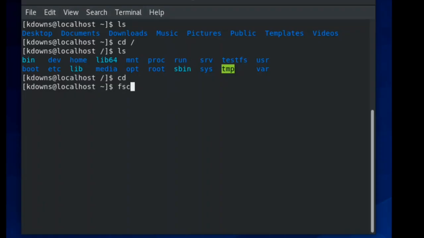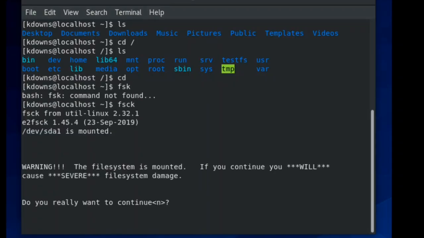But let's go ahead and run that fsck command. Oops, fsck. And then this is what I wanted to show you guys. So it's going to check that disk. However, if you try to do it while it's mounted, it's going to really damage your file system. Okay, and luckily this gives you a warning before you do that. So if you guys run that command on a system that's mounted, it's going to really mess it up. Okay, so I'm going to go ahead and click no here. And that's what I wanted to show you guys, is that you don't want to run that fsck on a file system that's already